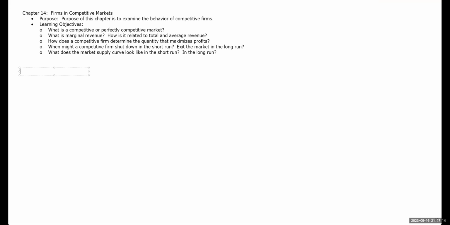A competitive market. This is the benchmark of efficiency. We will find that this is the benchmark of efficiency that all other markets are examined against. In this idealistic competitive marketplace, and I'll tell you in honesty, in the real world this true perfectly competitive market likely doesn't really exist, only in very specific situations. This is what we're going to bench other markets against. These other markets that we're going to learn about are monopolistic competition, oligopoly, and monopoly. We'll do that later on in this